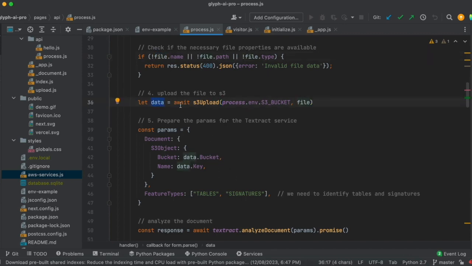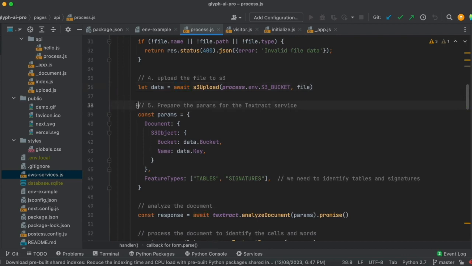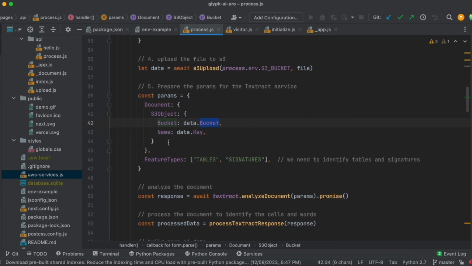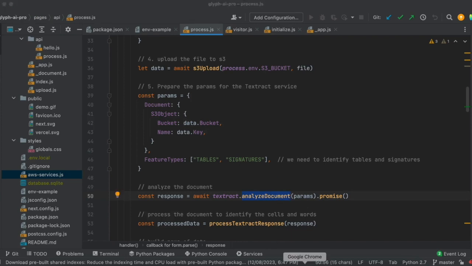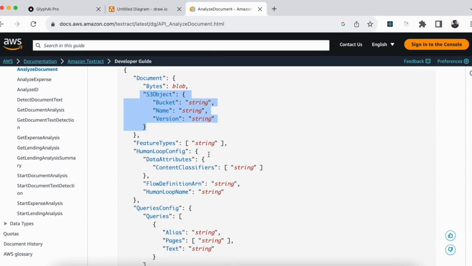So we'll be waiting until it is uploaded, then we'll proceed next. And because we get back a few pieces of information from S3, we'll be using the bucket and key, where key is basically the file name, and bucket is of course the same bucket. And for analyze document, if I check here,